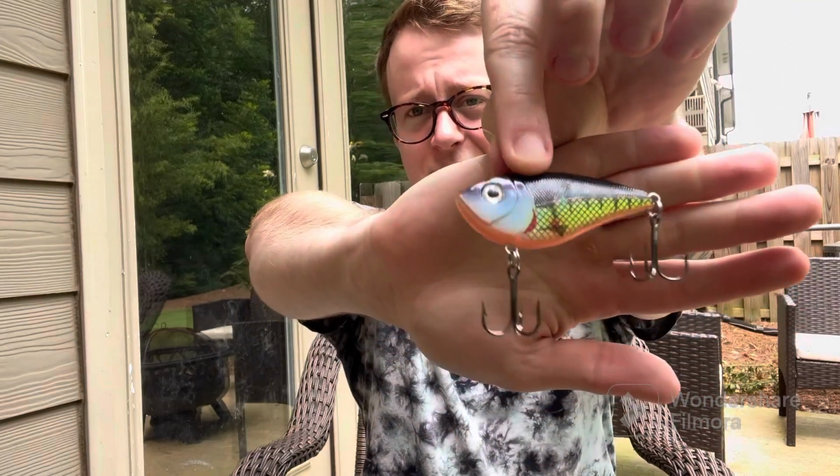All right, and the last one I'm going to recommend for you guys is any type of rattle trap or lipless crankbait. I love these because you can cast them a mile and you can cover tons of water all at once. You can create good, nice action, got that good shake, loud and proud too, whereas the square bill is a little bit quieter, but the action is still fast. This one you can actually get out there. Most of these are a little heavier lure too,